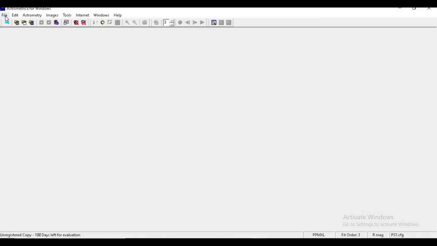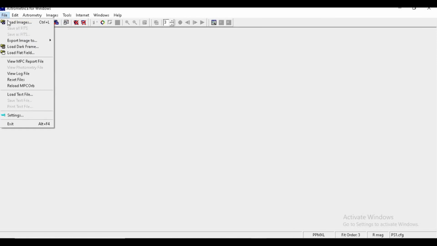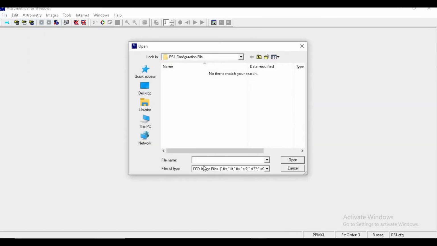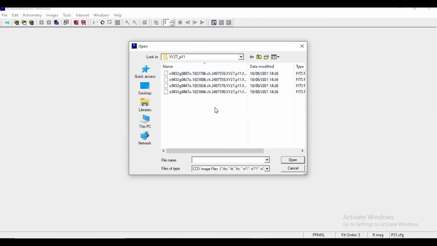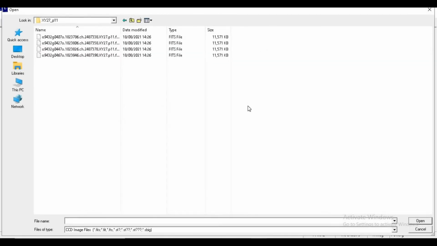Now to start analyzing the data set, go to File, go to Load Images, paste the location over here, open. This was our image set. Now you will find 4 FITS files. I am maximizing it. FITS is a format, just like JPEG and PNG, which is used for astronomical images.